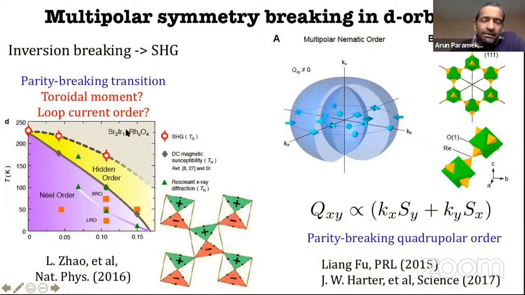There are a bunch of papers on two different classes of systems, one of which involves a layered square lattice of these iridium ions, where you dope it, and people have argued that the magnetism present in the system basically disappears. But when you go above this magnetic phase transition, which is associated with dipole Néel order, there is some kind of hidden order phase transition which people have